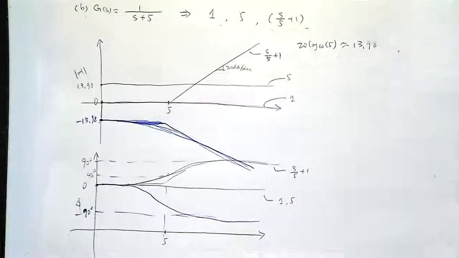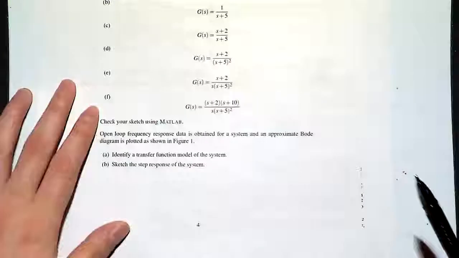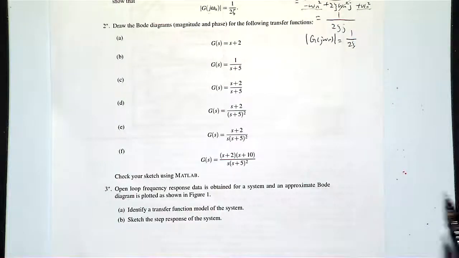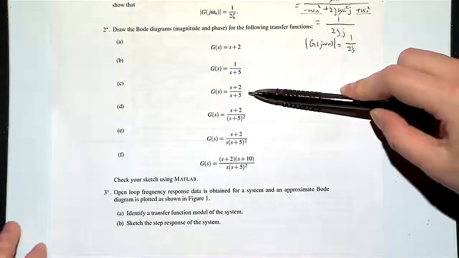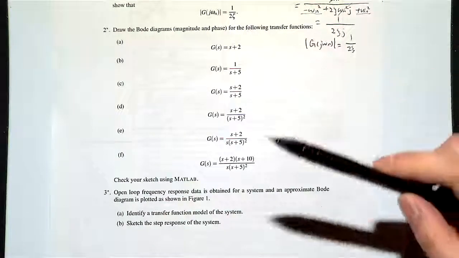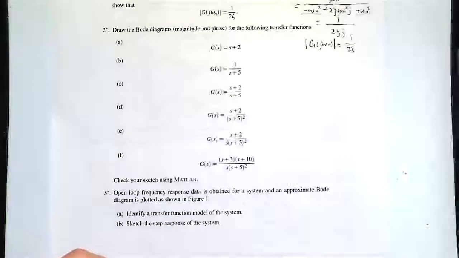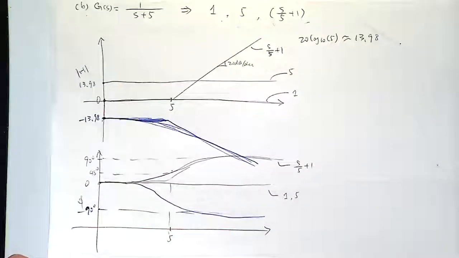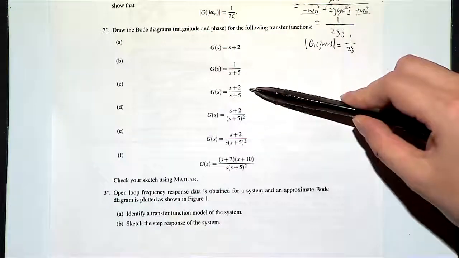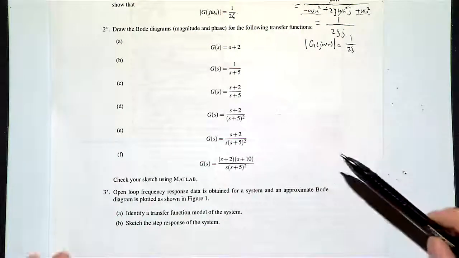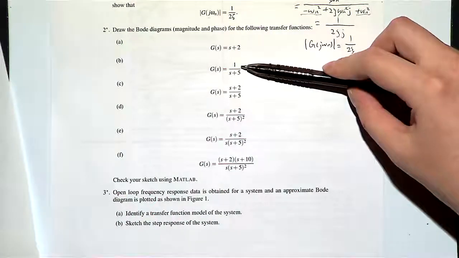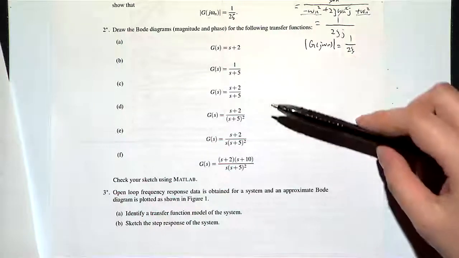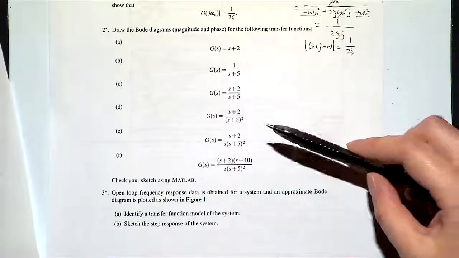And once you have both of these, it's really simple to get the rest of the plots, right? So here, C is just a combination of these two, right? You take out your plots, this one and that one, you add them together, and suddenly you get C, right? For D, it's just on top of C, you add another B, right? And for E, well, for E, you have a